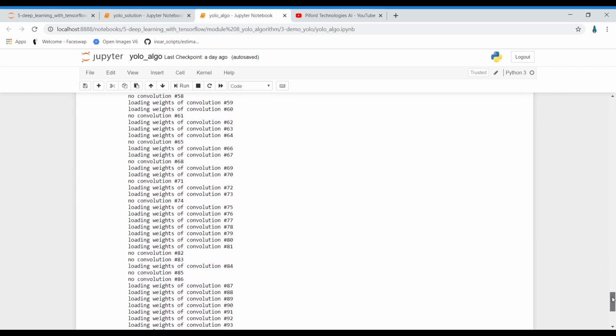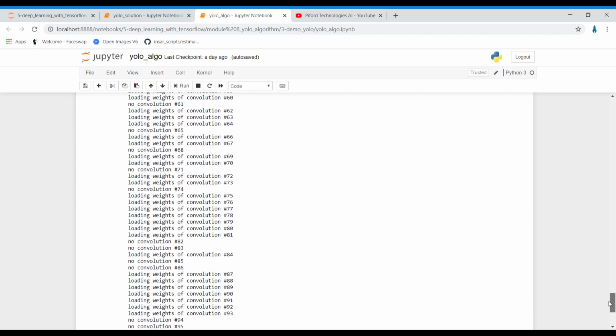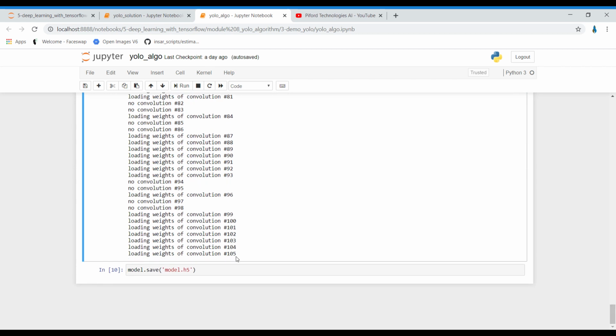And in YOLO we have 106 layers, as I've told you. Why are we getting 105 over here? Because the layers start from 0, and YOLO v3 has 106 layers. This is what it looks like.